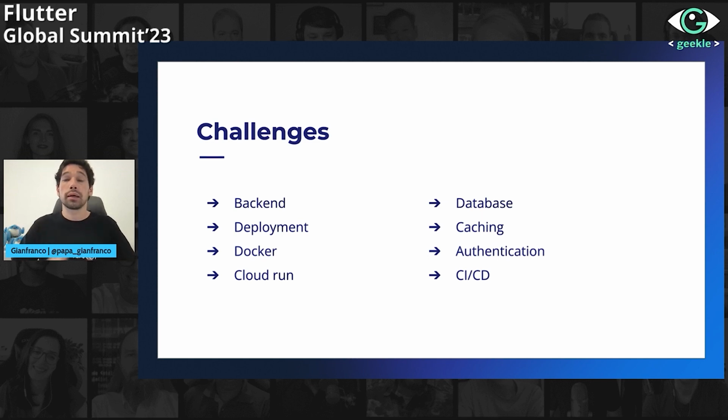If you're deploying your backend, it will depend on your requirements, but I highly suggest that you have some knowledge of Docker. We didn't see this in the demo, but when you create a Dart Frog project, under the hood it lets you use Docker to deploy your application, your server. And the cool thing about Dockerizing your application is that you can deploy it on any server. You could use, for example, Cloud Run, but you could also use a single instance of a server.